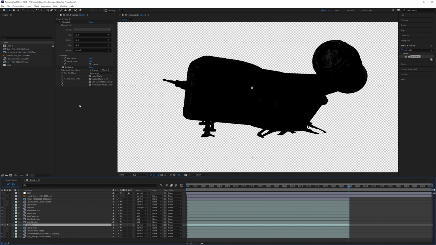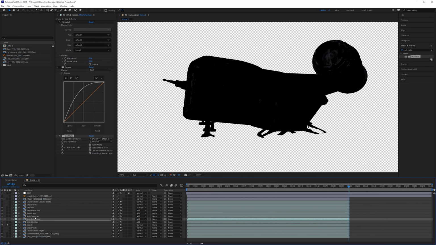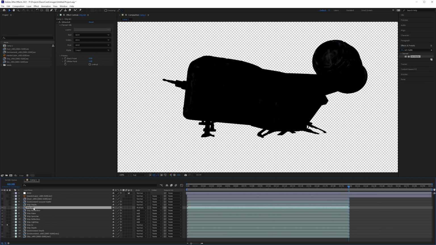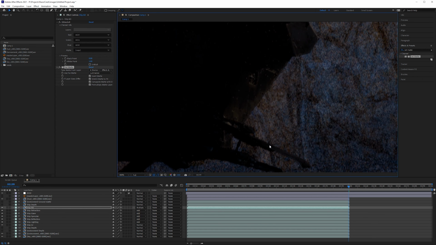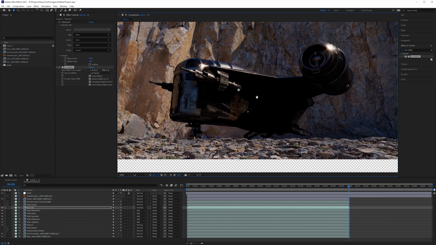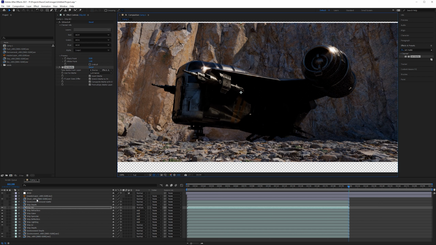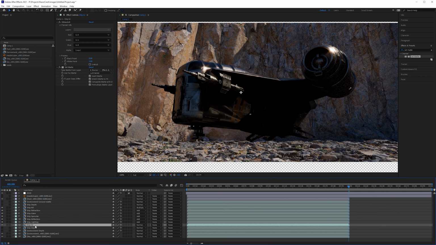Okay, now we can grab that effect and paste that on each one of these passes. Again, we're not going to do the ship depth for right now. Unsolo this, and you say, hey, we got the same thing that we had before. So it's a little bit of a cleaner solution because you don't bloat your scene with a whole heap of basically the same matte. Another option that you might try to use is pre-composing all of these,